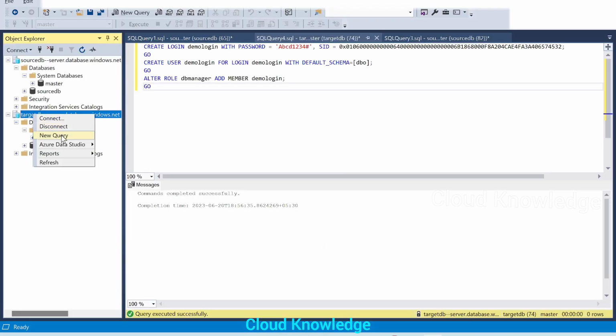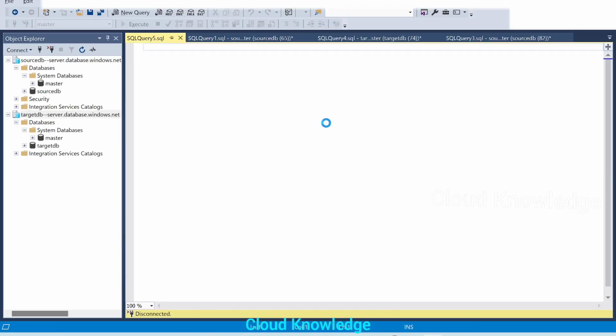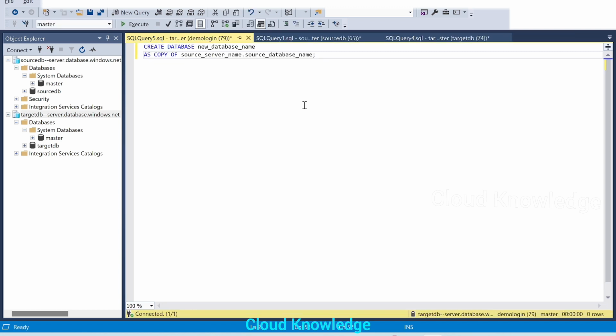So here in the target DB, we'll click on new query and we'll paste the query, create database, new database name. Let's say new DB demo. Okay, as copy of source server name and source database name.